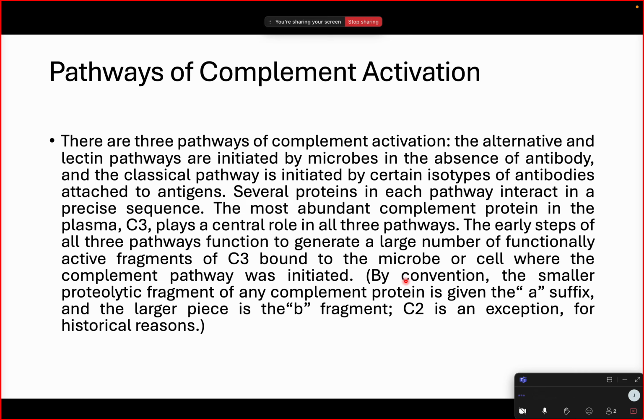By convention, the smaller proteolytic fragment of any complement protein is given the A suffix. So C3 will be cleaved into C3a, which will be the smaller subunit, and the larger piece is the b fragment, so C3b will be the larger segment. Except C2,